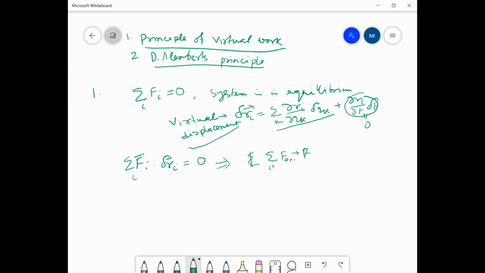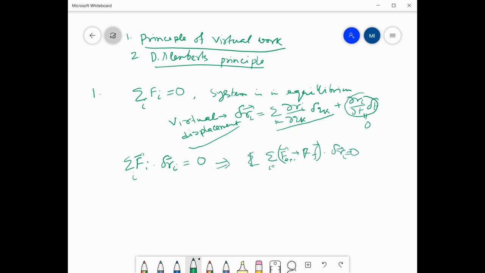I call it F constraint. Right? The forces are of two types: forces of constraint and forces of external. And the action of these two forces may have equilibrium. Right? Dot of δRi